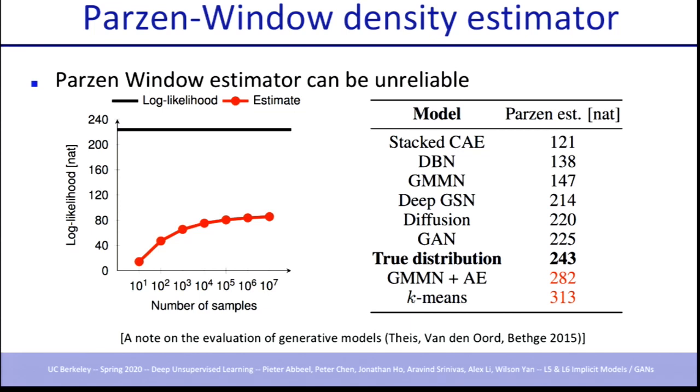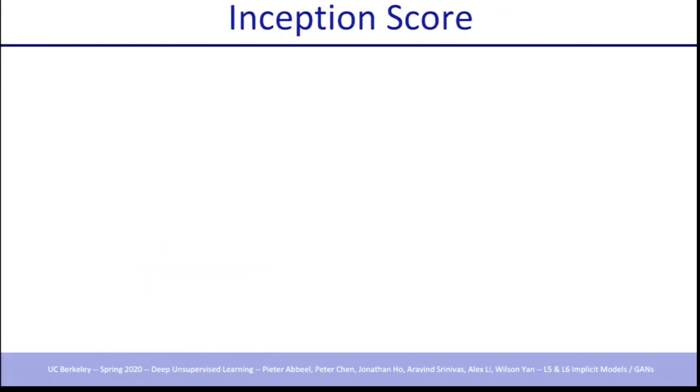You can go check in the paper that if you play some weird tricks, you can actually get a higher score than you're supposed to be able to get with the actual underlying density. So you can go check that out. What people have mostly switched to is something called Inception Score, and then another score we'll see soon. So how do we sidestep this high-dimensional density estimation?